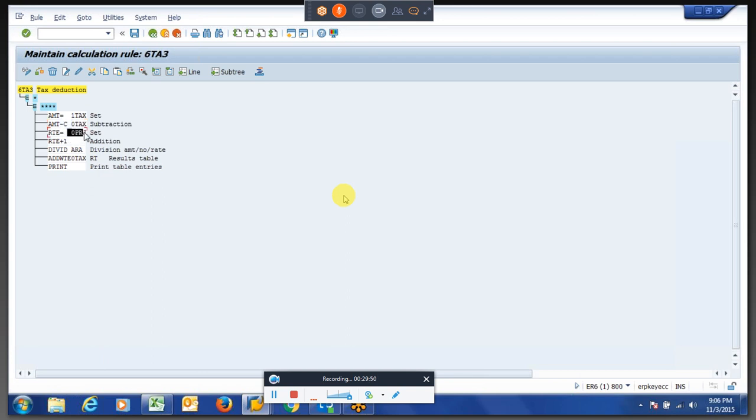And the projection we are calculating for the future months and the current month. Then we are dividing with equal intervals. The tax should be deducted, and we are deducting that much.